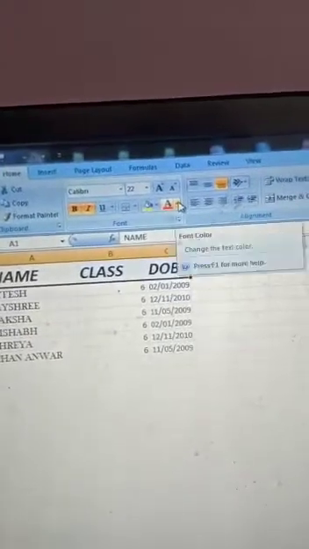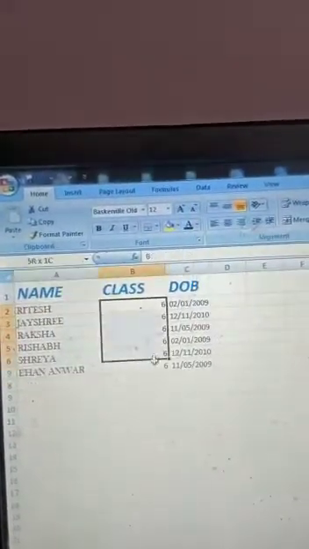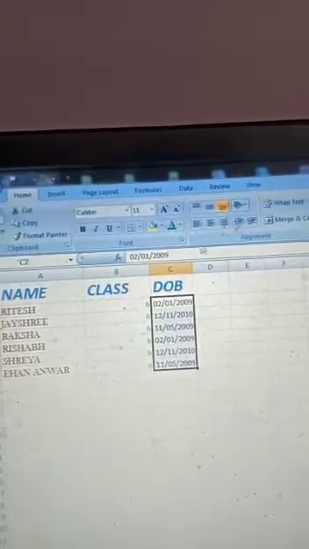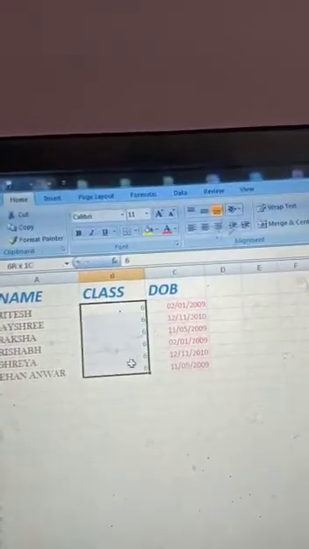If you want to change the font color, then you have to select the color which you want. Okay, if you want to change this color also, then you have to select the color from here, which color you want. Select this also, which color you want, and this also you have to change the colors. Very easy, isn't it.